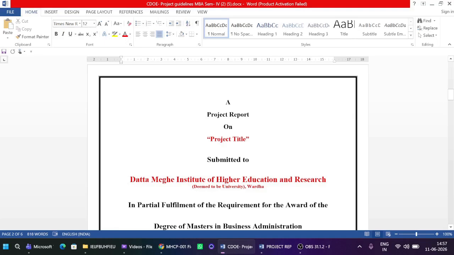An MBA project is not just a university requirement, it is an opportunity to apply your management knowledge to real world business problems and gain practical research experiences. For many students of Datta Meghe Institute of Higher Education and Research,